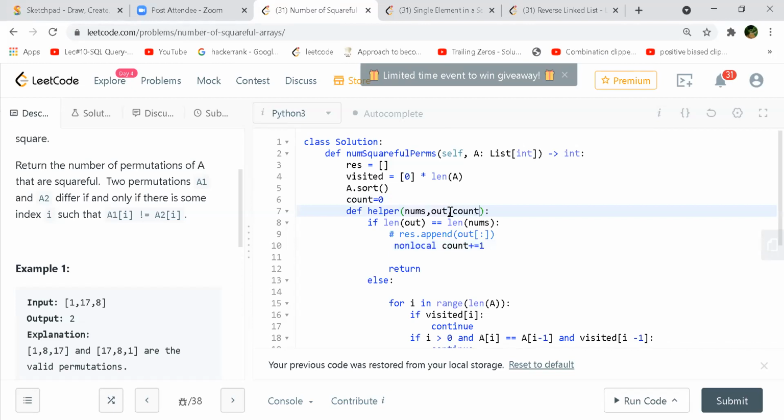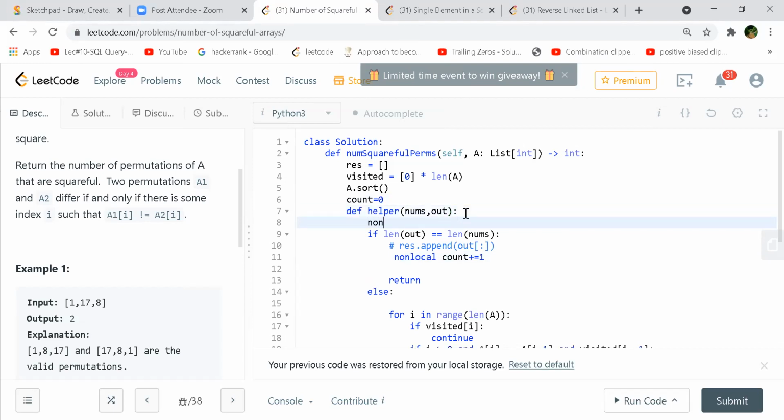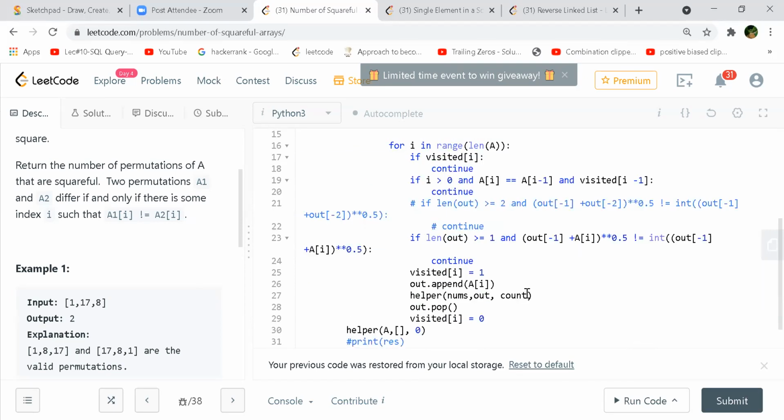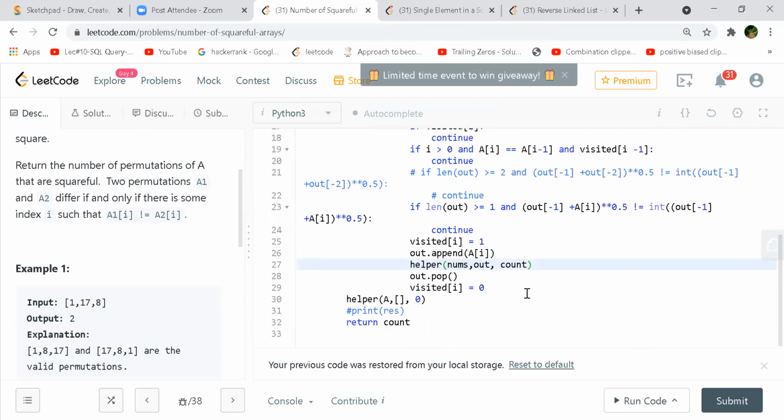So in the first line, no, not here. On line number 8, when you enter the function, not in the arguments, in the code, helper code. Yeah, non-local count. And just remove this non-local from line number 11. So dynamically, that's it. You don't have to copy it now. You need to remove it. Yeah.